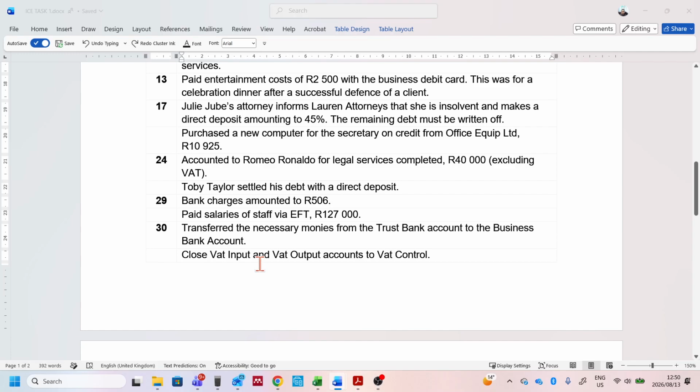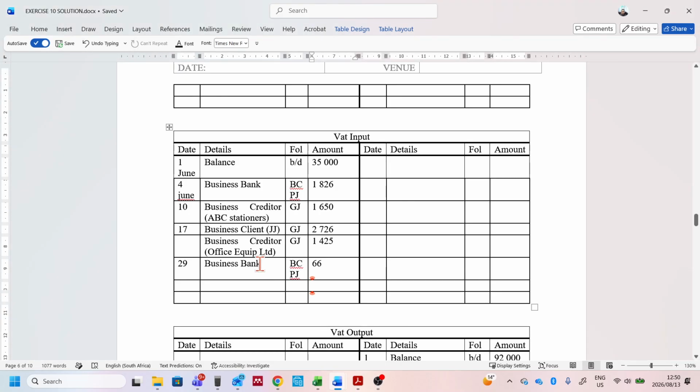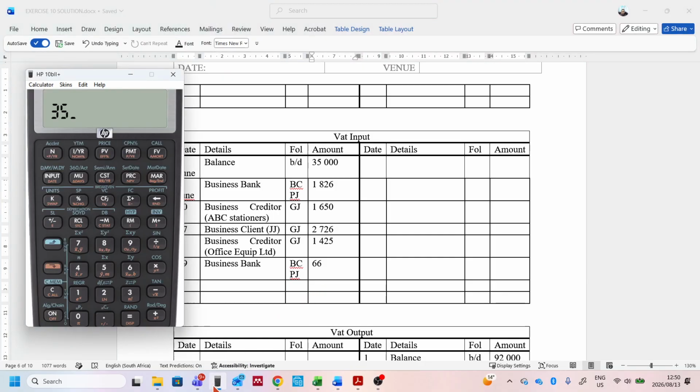And then that was the last one, right? So we total this off. How much is the total? With the opening balance, 35,000 plus 1,826 plus 1,650 plus 2,726 plus 1,425 plus 66. This is 42,600